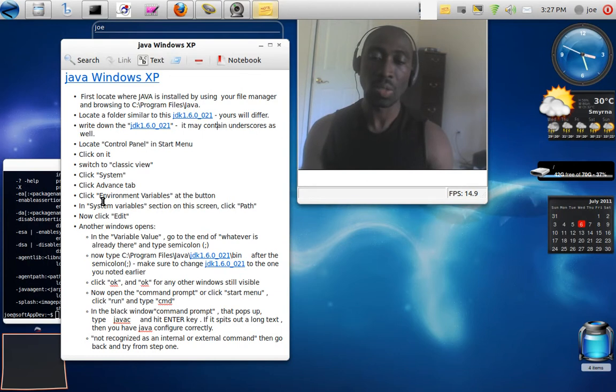Now once you do that, in the environment variables, after you click on that, you'll see system variables, and then in the system variables you want to highlight the Path, and then click on Edit. Then a different window might pop up. In that window, what you want to do is locate the variable value, and then make sure you don't delete anything that's already in this box,